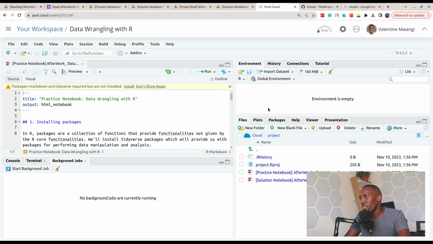On the top right, we have the environment tab that will give us the variable values. Whenever we create new variables, we will be able to see them here. There's a history tab, there's connections, there's tutorial as well. At the bottom, you have files, packages, plots tabs, but this one is the most important that we're going to use. All right, so once you've gotten there, the first thing that you need to do,